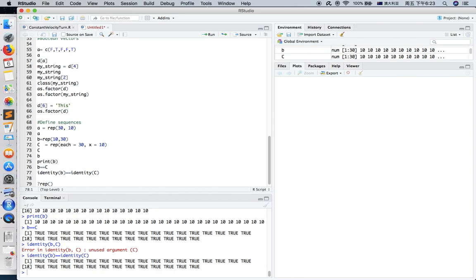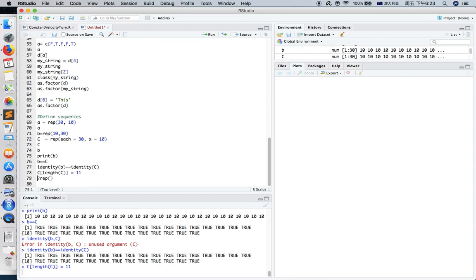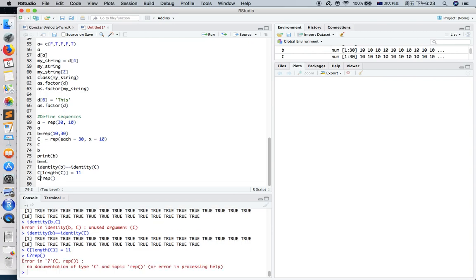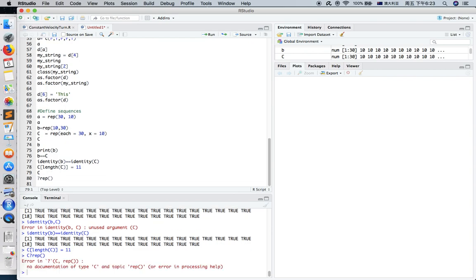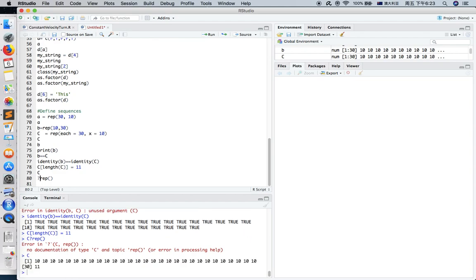And what if there's one false thing? What if I name C of Nancy, which means the last element of C is false? It's for example 11. It's not 10. So if I go C, it's not the same C anymore. Wait. You hit Control and Return to run things. Now, if I just compare B and C like this, it might not be very